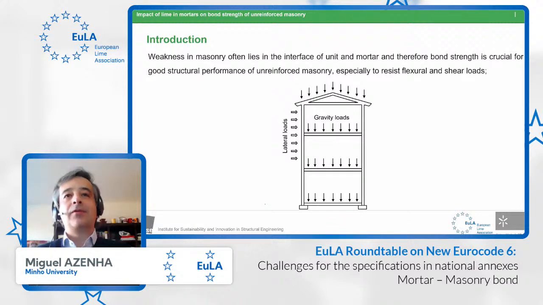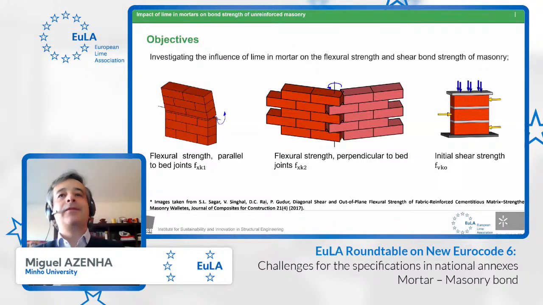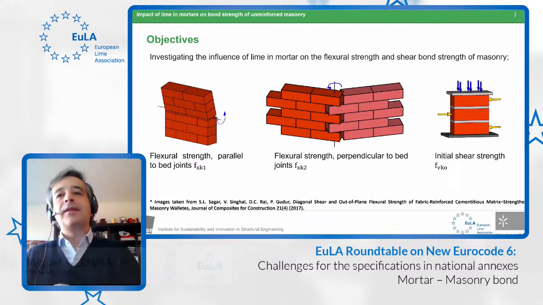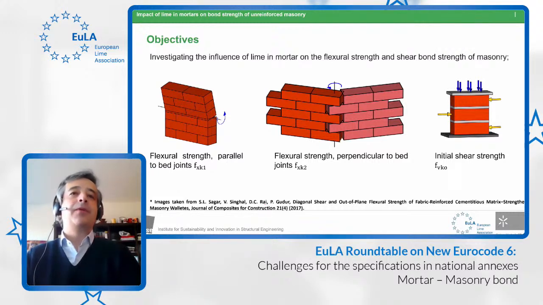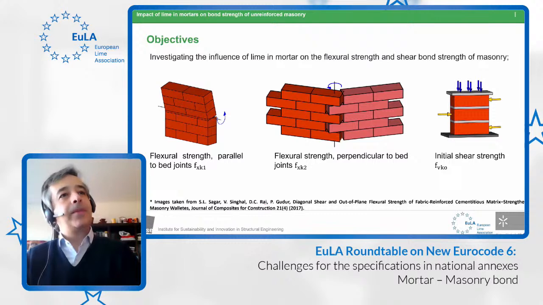According to Eurocode 6, we need to take into account this fxk1, fxk0 and fxk2. So nothing serious to say there, because it's been said. And what we did in this round of experiments was to take up a repeatable framework where we could test